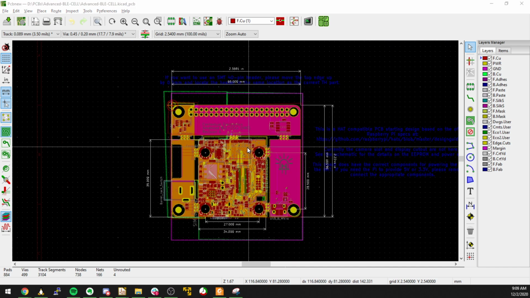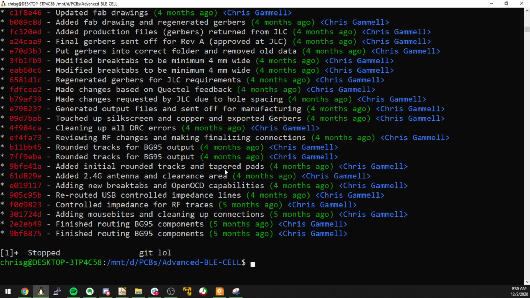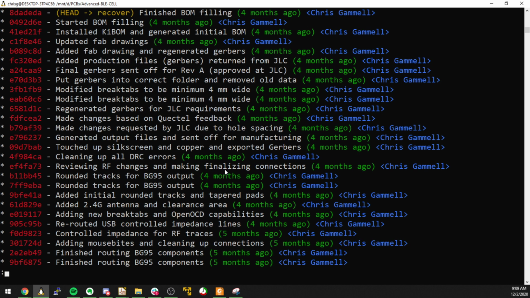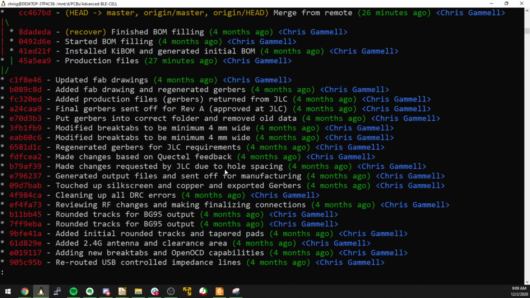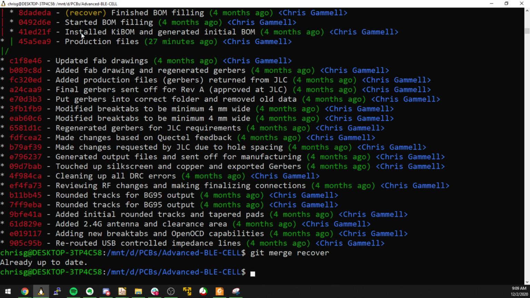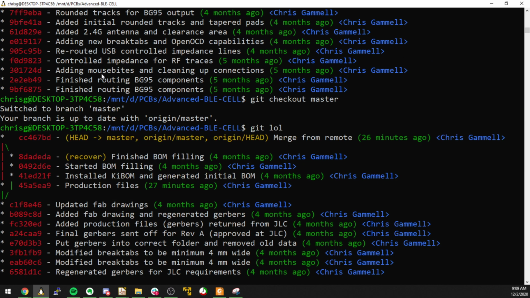So, okay. So let's look at git lol again. And if we do git checkout master, head master, origin master, recover. Right. So now I think git merge recover. I think I need to actually